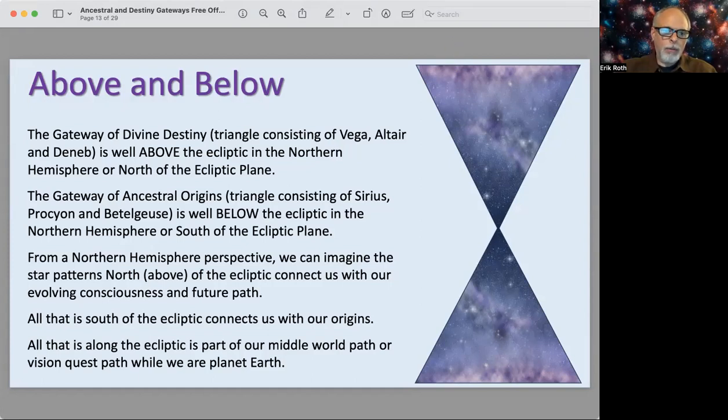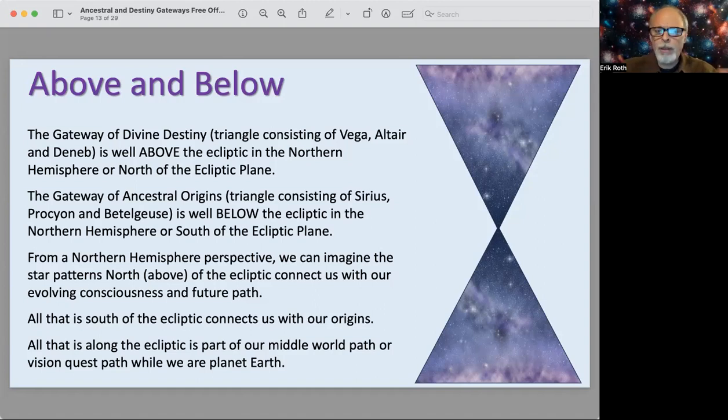And then we can imagine the star patterns above the ecliptic that connect us with our evolving consciousness. This stellar gateway triangle has to do with the divine destiny, or northern triangle. This is our evolving consciousness and our future path, or divine destiny. It's the area we're going to talk about, where we're moving toward in both a spiritual sense and also in a literal sense. So we'll get into that. And then on the south of the ecliptic, there's the ancestral origins one. That one is below. So it connects us with our ancestral origins, or where we've come from,